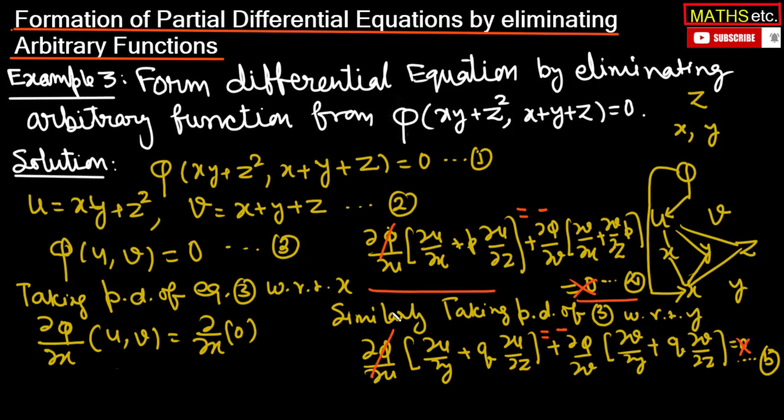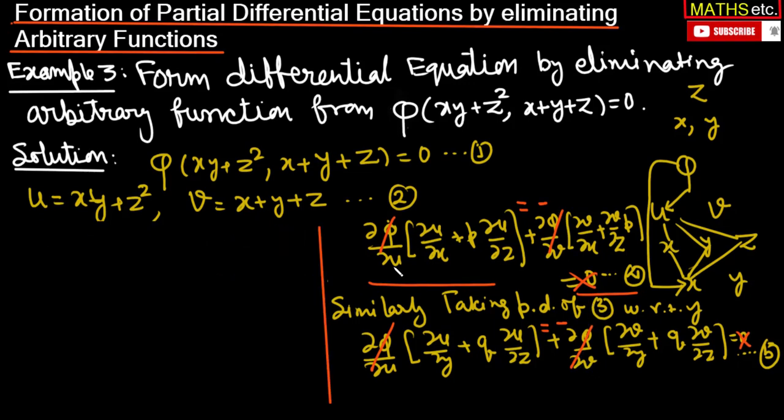This del phi over del u cancels out, del phi over del v cancels out with the negative sign, and so after doing this exercise, on the left hand side we will have del u over del x plus p del u over del z, whole divided by del u over del y plus q del u over del z